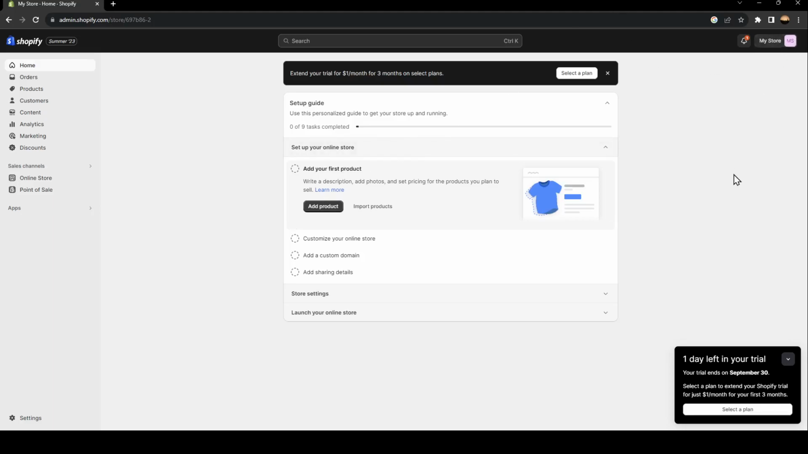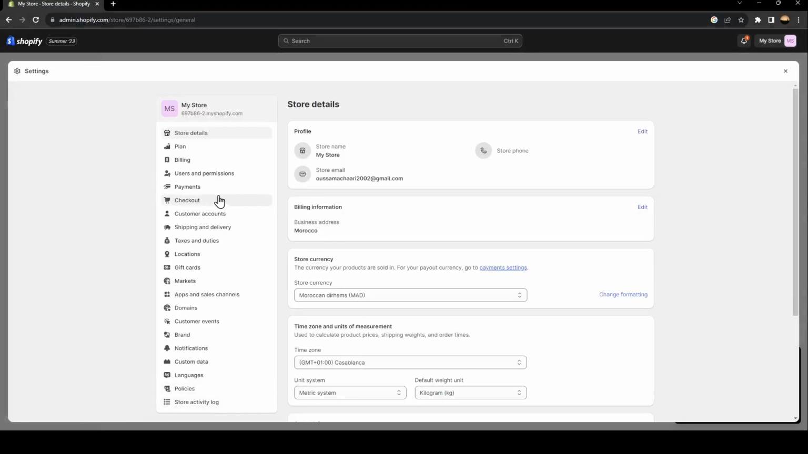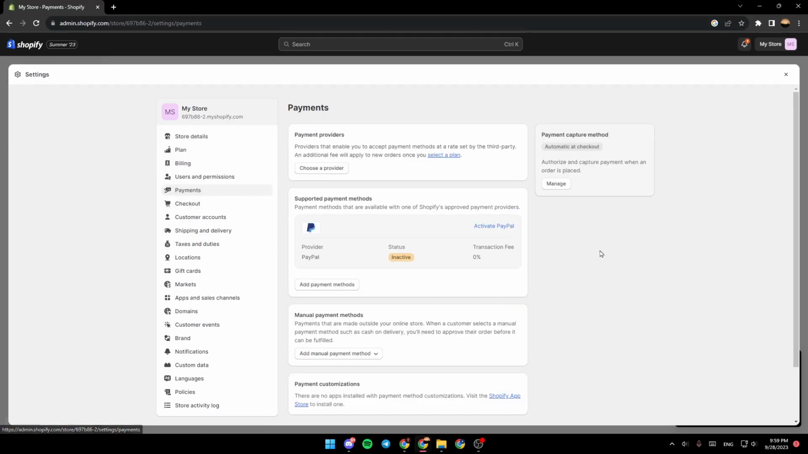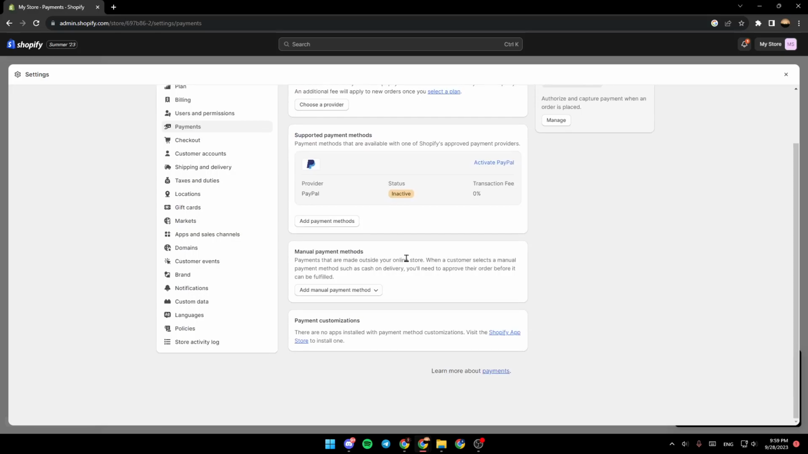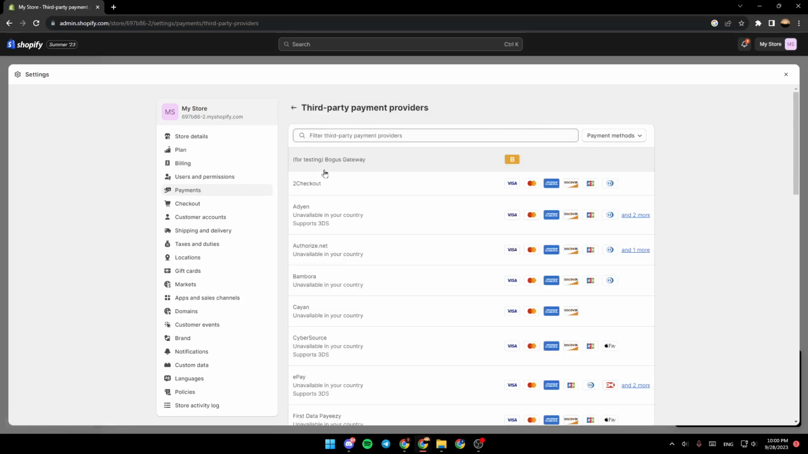So the first thing that you need to do guys is go right here to the left side of your screen and then go all the way down until you find settings. Once you find settings, then go to payments. Once you're here in payments, you're going to find payment providers, supported payment methods, manual payment methods, payments customization, and lastly, payment capture method. So you gotta come here to payment providers, click on choose a provider, and then once